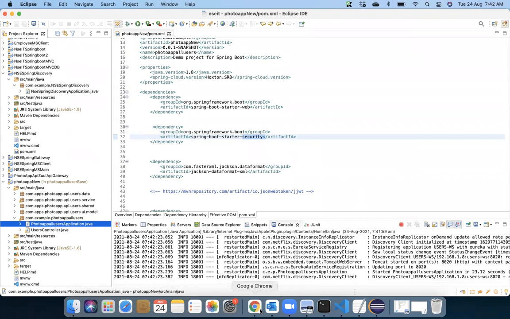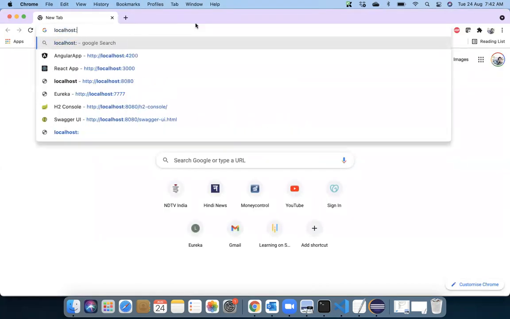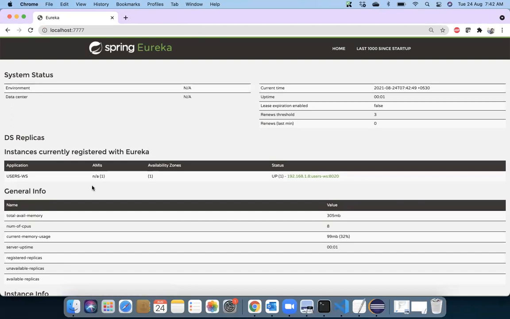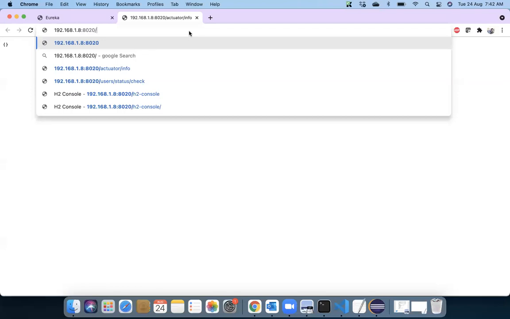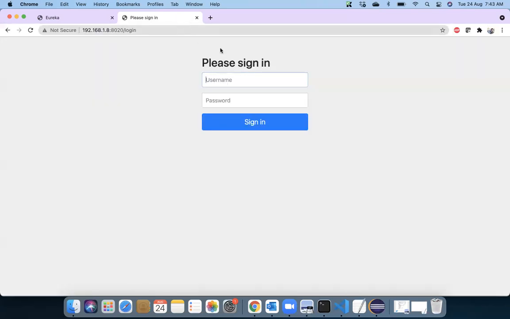So I go back here and say localhost:7777/users-ws/users/status/check. And you can see it now immediately brings you this login ID and password page.